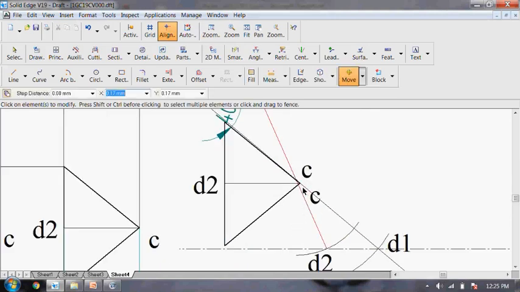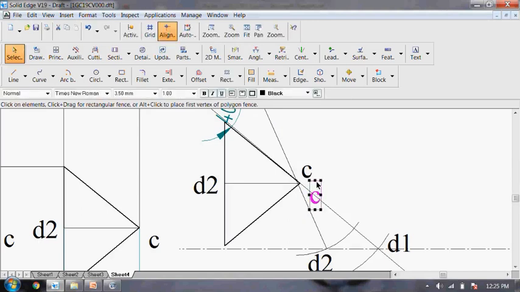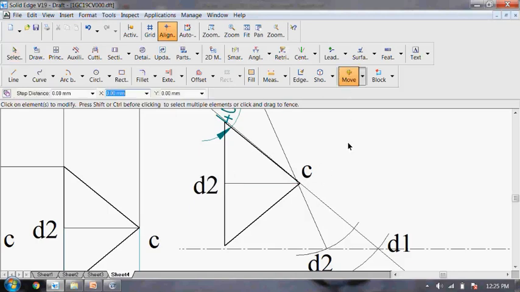So it's not exactly aligned on center point C. So go for the move command without copy. So what we'll do, we'll better delete one of the C points. So go for the move command without copy, select this triangular lamina and then move. I hope it's exactly located.